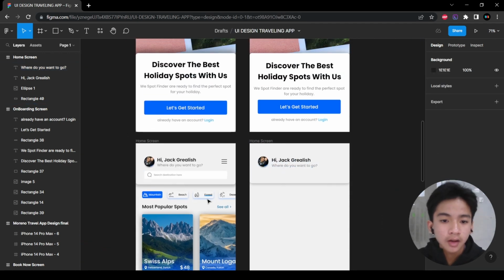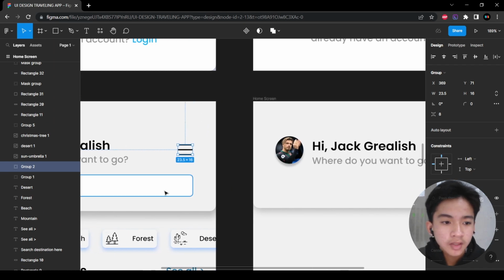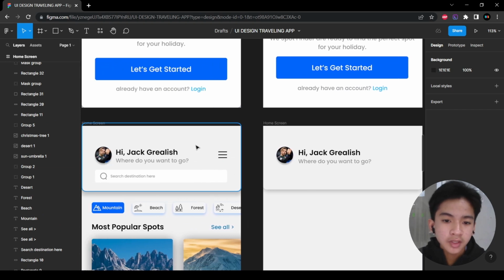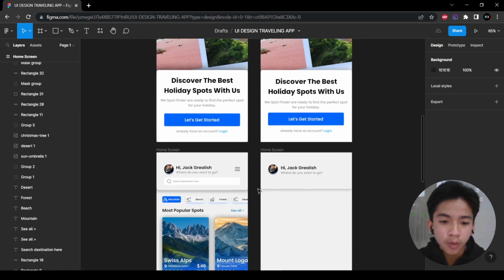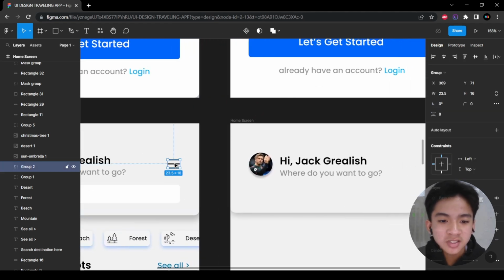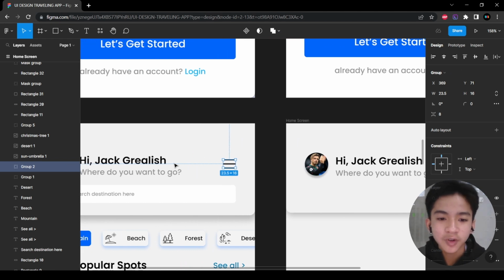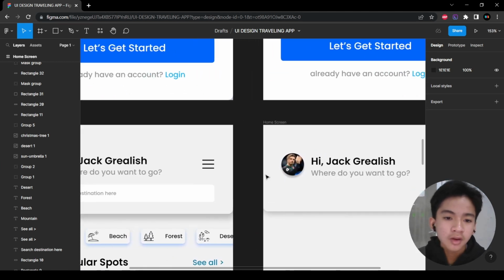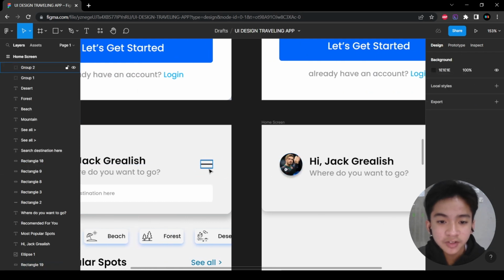All right. If you see over here, this is a more icon. It's a button where if you click it, it will show another tab or a pop-up of more things, more settings of the app and such. But since this is just a UI design, if you click it, of course, it won't show anything, unless you made it also with a user experience or UX, then you can add that in. But for now, we're just gonna make it as if